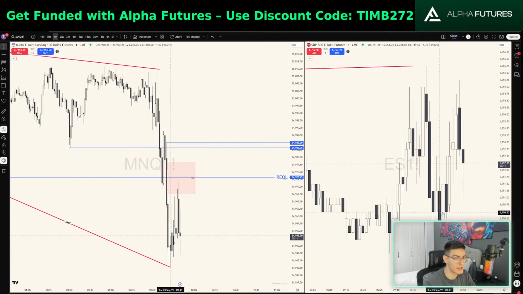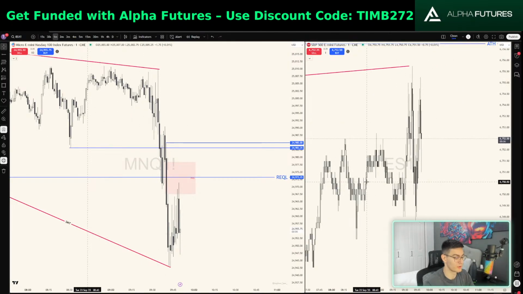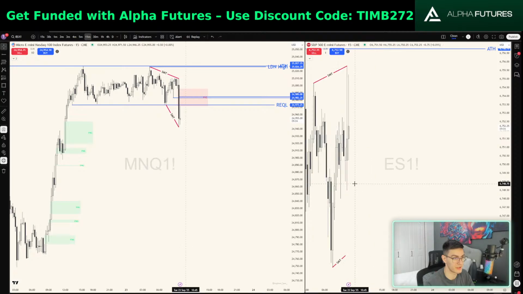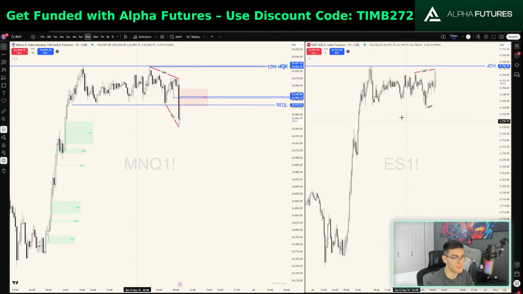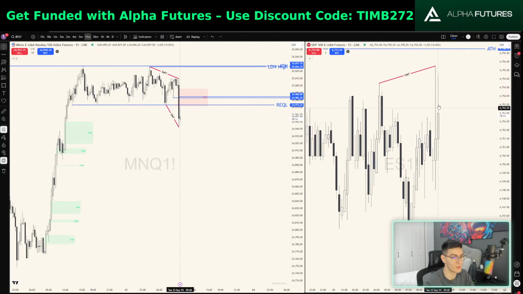Part of the main thing making me bullish right now is if you look at ES, I feel like ES is so bullish. It's kind of hard to see, but I feel like ES is just more bullish, and since it's so close to all-time highs over here, and all-time highs are relative equal highs on ES, I just feel like it wants to run toward that.